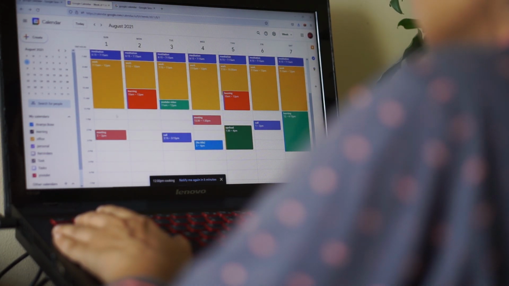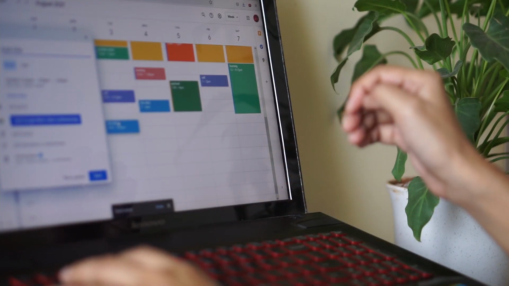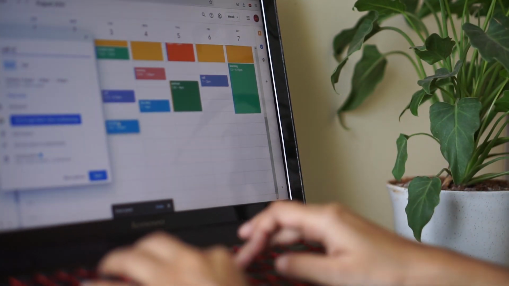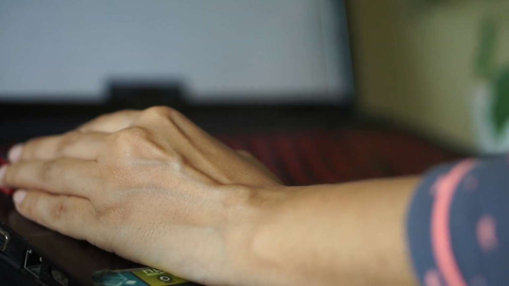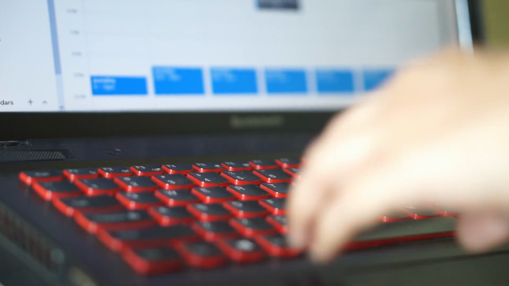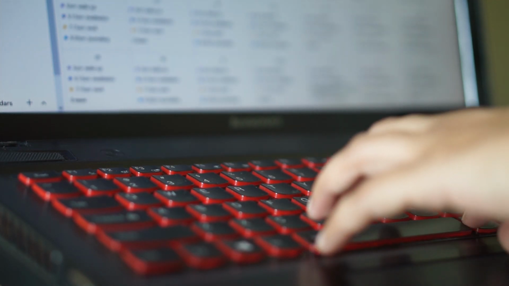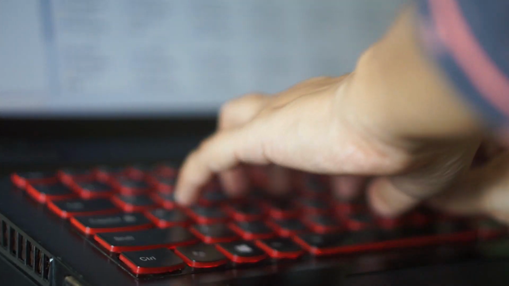Last 2 months I have been using this and now I'm more clear about my schedule. I can focus on my goals, I can finish it on time, and the main reason I'm successful is time blocking. Through this you always know how much time you need to finish this work, and it is very much time saving. You can create the same event for every day with just one click.